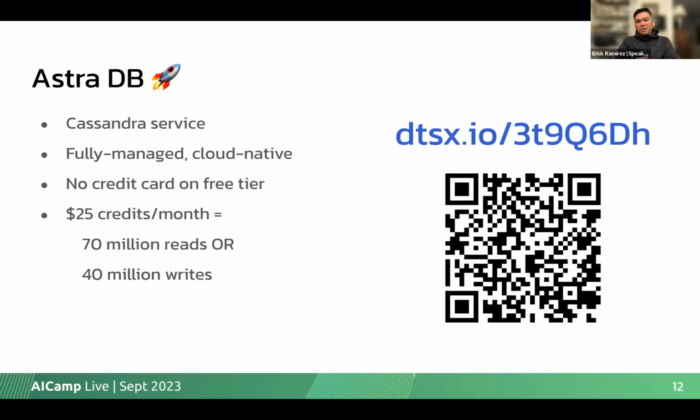Yeah, so great question, Saurabh. At the moment, the current implementation of vector search in Apache Cassandra is HNSW. But there's a new release coming out where it will switch to DiskANN just because it performs better.